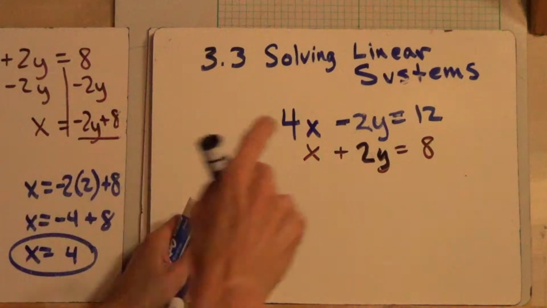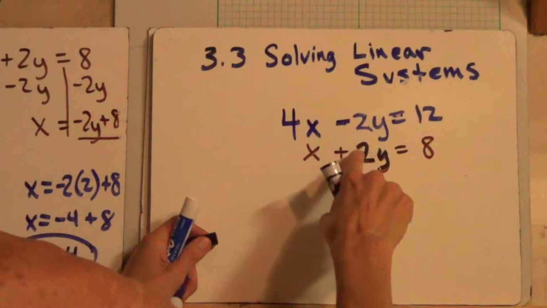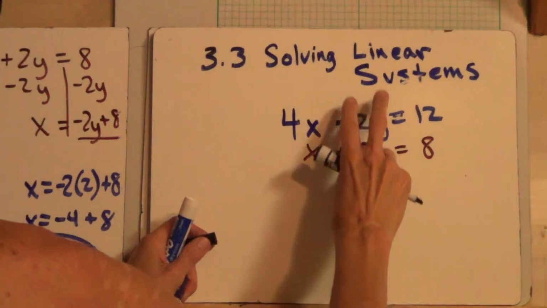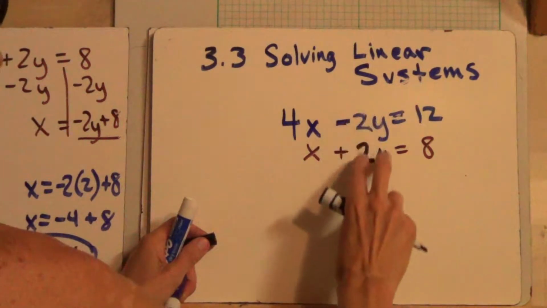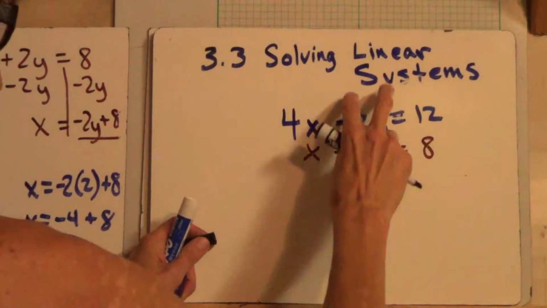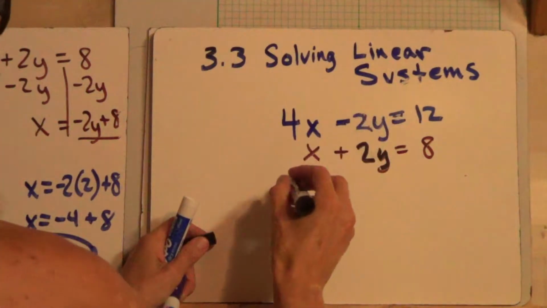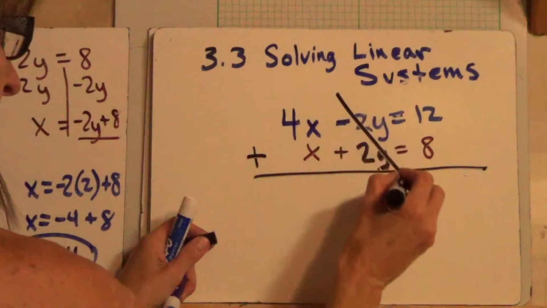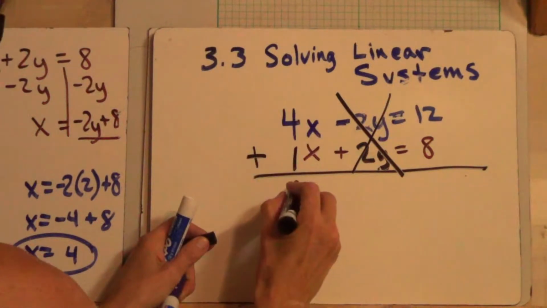When I look at this, I notice that my y's are exactly opposite. This is a negative 2y, this is a positive 2y. Remember when we had the tiles on the board and we had 2 red y's and 2 blue or yellow y's, and that made 0 pairs? We can look at this and see that. We could actually get out the tiles and do this, so all I want to do is add them together. These would wipe out and make 0 pair. This is a 1x, so we have 5x